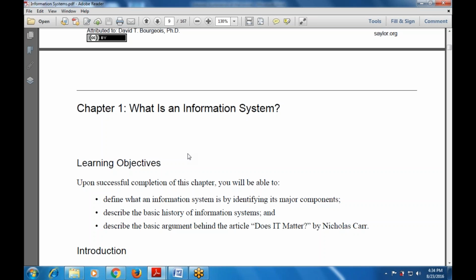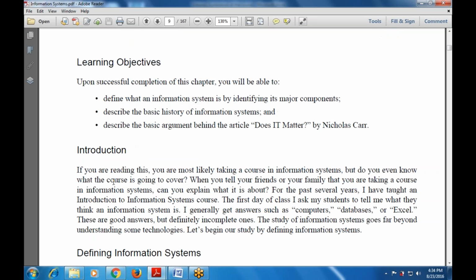What is the meaning of this article? The main question is, does IT matter? So what is the main matter of the IT? By Nicholas Carr. Now, if I'm talking about the introduction, if you're reading this, you are likely taking